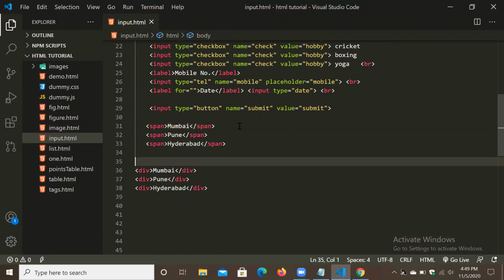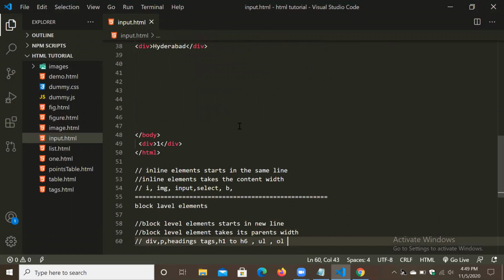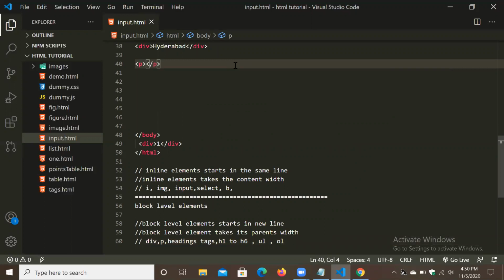Again, for revision purposes, inline elements are the i tag, image tag, all input controls, select and bold. And block level elements are div, paragraph, heading tags h1 to h6. For example, we will take some paragraphs. The paragraph will write happy birthday Virat.